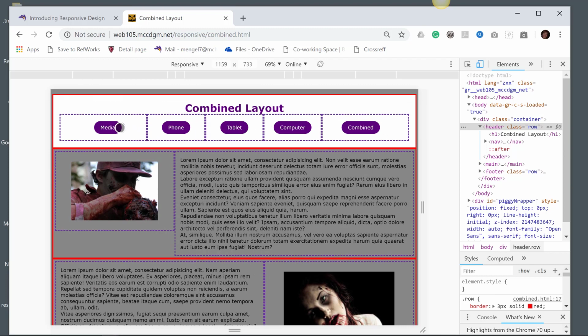So we're going to start by having you download a file with all of these pages without the CSS at the top of each page. And so you'll modify the CSS for the media page, the phone page, the tablet page, the computer page, and then the combined page. And you'll get a different short lecture for each one of those. This is just an overview of where